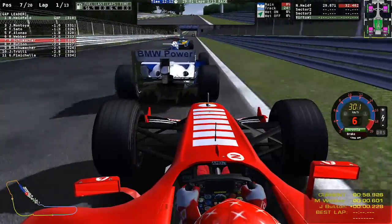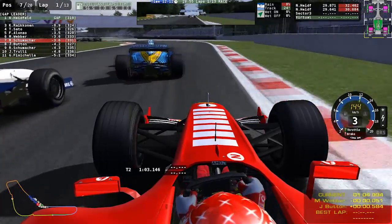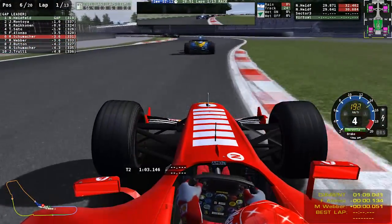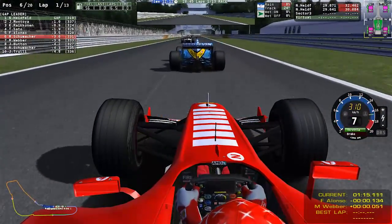Ascari chicane here. But look at that, Mark Webber actually coming straight back at him with the straight line speed in that Williams, and Michael right now is boxed in between these two cars here as we go into the Ascari chicane, but Michael's still going to go around the outside of Mark Webber there, so a fantastic move there on the Australian, and overall some really good overtaking from Michael so far this first lap as now Michael Schumacher